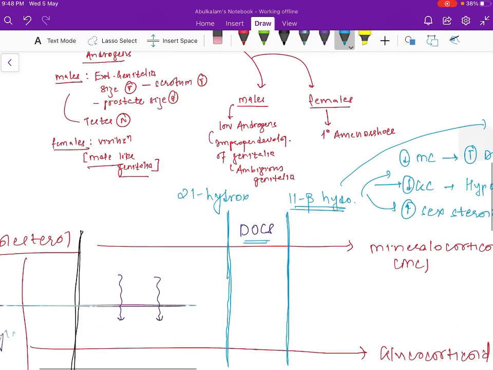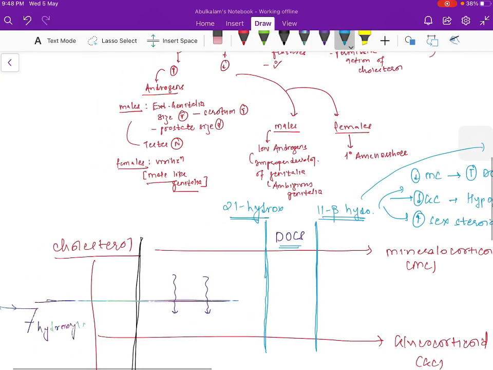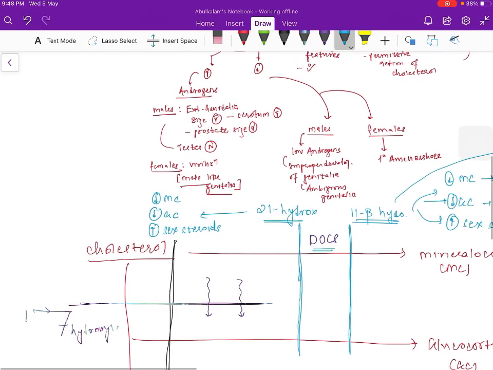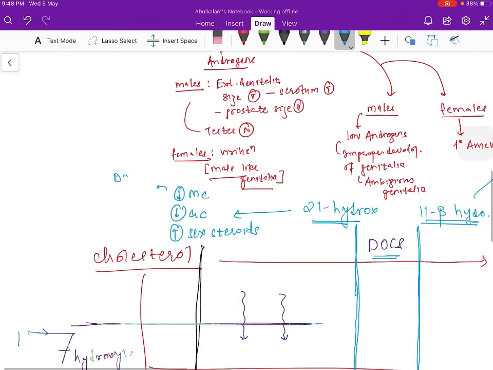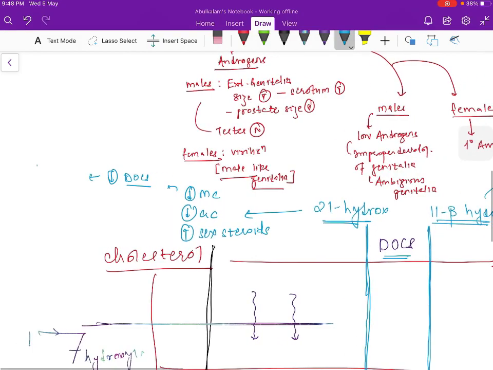Now let's take another enzyme, that is 21 alpha or 21 hydroxylase, right? So now if 21 hydroxylase is deficient, you will say decrease mineralocorticoid, right? Decrease glucocorticoid, right? Increase sex steroid, again due to feedback stimulation, rise in ACTH. So this is the basic presentation of 21 hydroxylase, right? Now if I say what will happen to DOCS here, DOCS will not be synthesized. As a result, this will present with mineralocorticoid deficiency, that is hypotension.